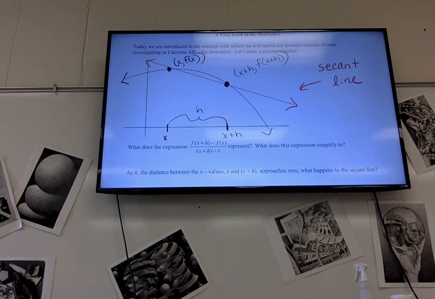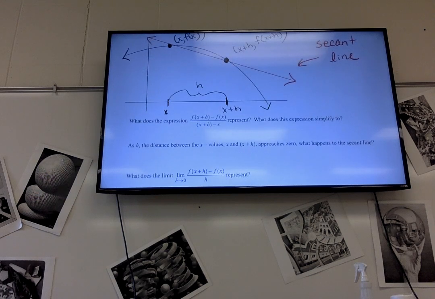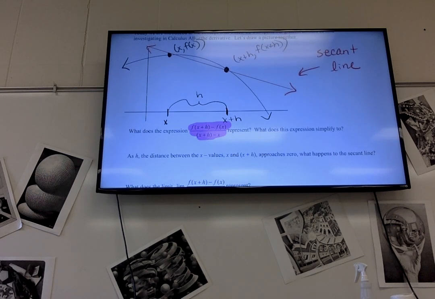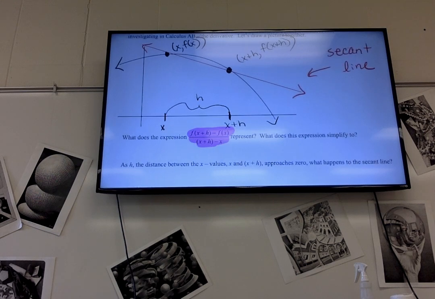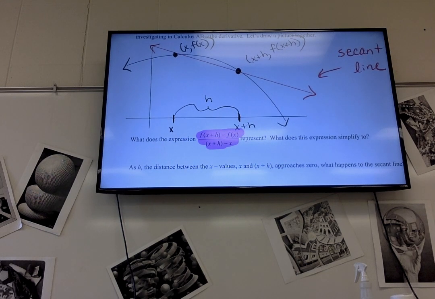So looking up there at my points, I have the point x and f of x, and x plus h and f of x plus h. What does this represent? Not the line. It comes from the line, but what about the line does that represent? The slope. Why? Because what are you subtracting on top? y2 minus y1 over x2 minus x1. So it represents the slope